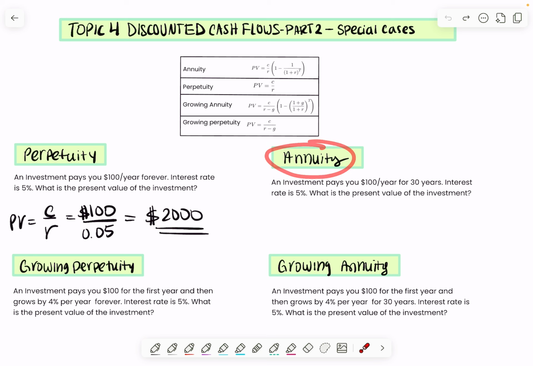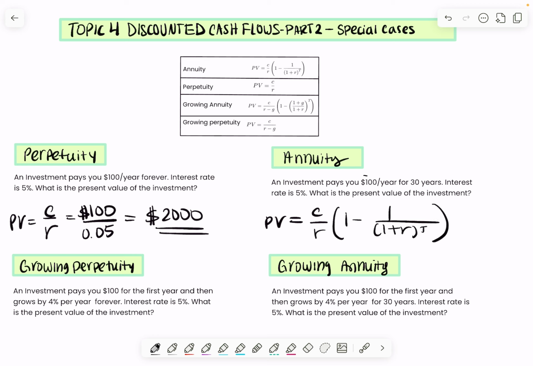Now, you know this is an annuity, so you go and grab its formula. This is the present value of the investment is going to be the cash flow divided by the rate, 1 minus 1 plus R to the T. So cash flow is just the amount of money, so $100. The rate is 5%, so again, 0.05 in decimals. Plug that in here as well. T is 30. T is a time, and that's all you had to plug in. And when you plug that into a calculator, you're going to get $1,537. That means that an investment that's paying you $100 a year for 30 years, where the interest rate is 5%, is worth